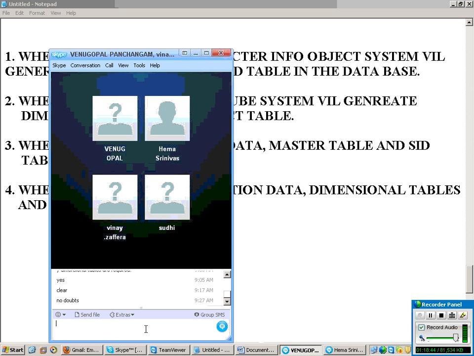If you understand the theoretical part, your practical classes will become very easy. So if you are good conceptually, that's why we are going very slowly on the concepts. Once you understand the concepts and the design, the practical part is very easy for you. How about Sudhi? Fine. Vinay?